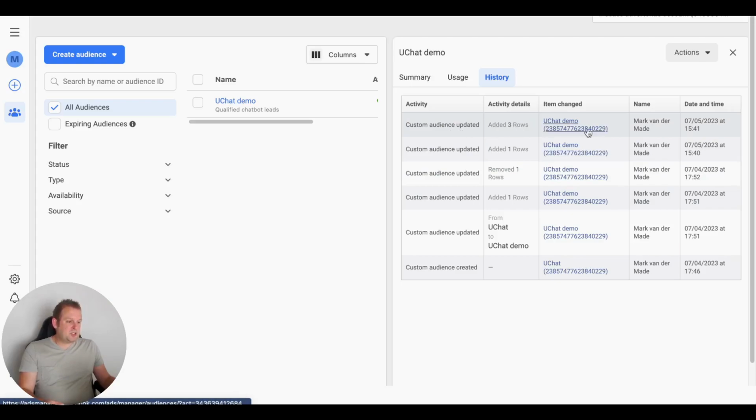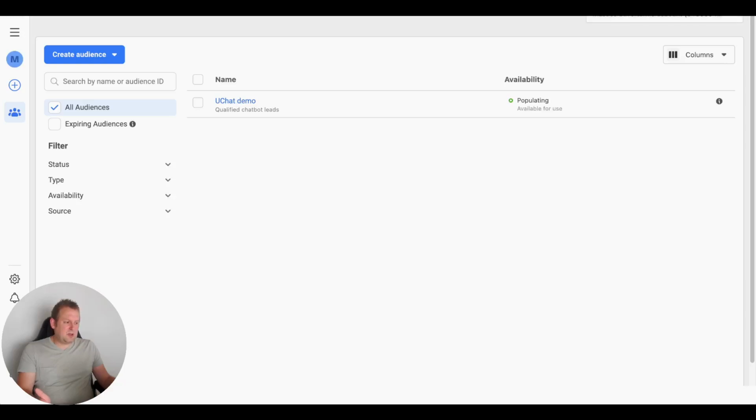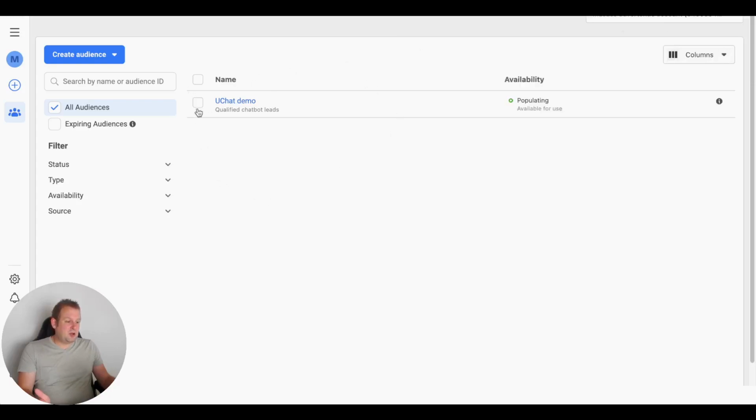So if you press this, then nothing really happens. It's just an overview of the status itself, right? As you can see here. Maybe opening up in a new tab might show more information. Don't really think that is the case. Let's take a look. No, it will just get you back towards the custom audience itself. As you can see, currently, because we have just added new users towards this specific custom ID, it's now populating